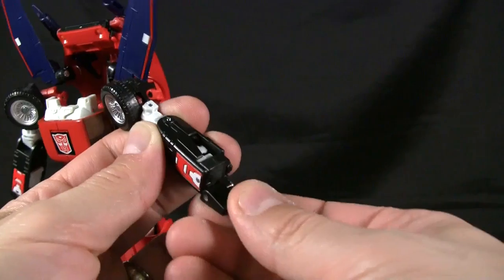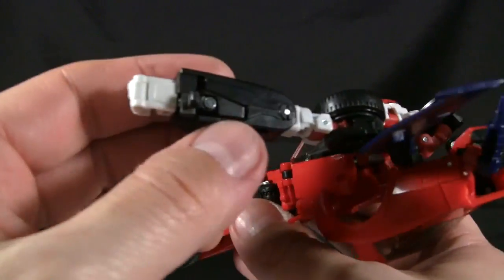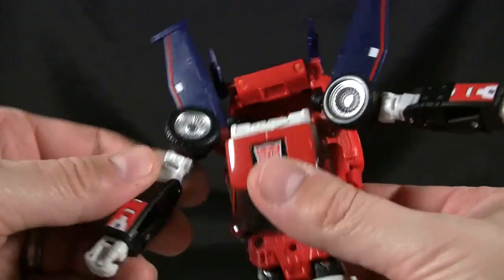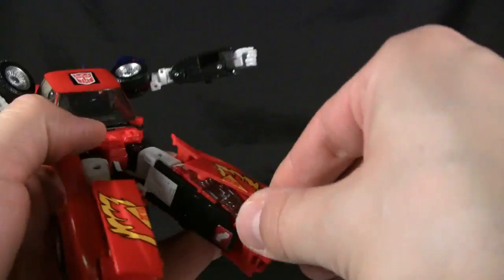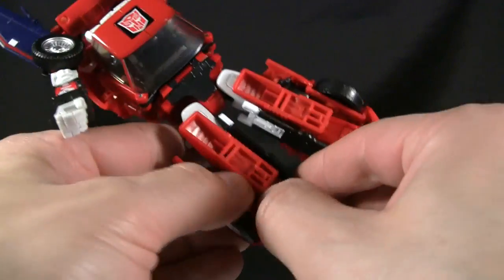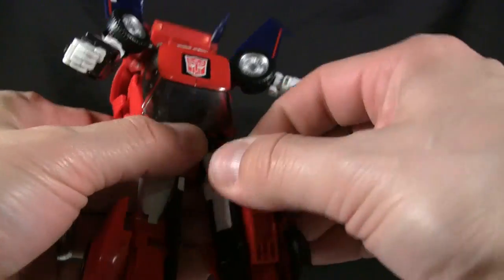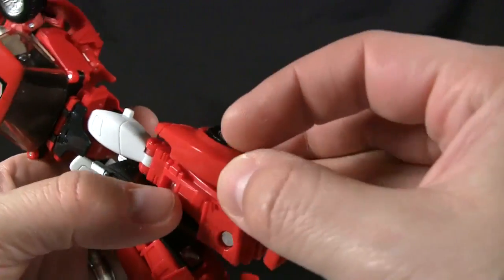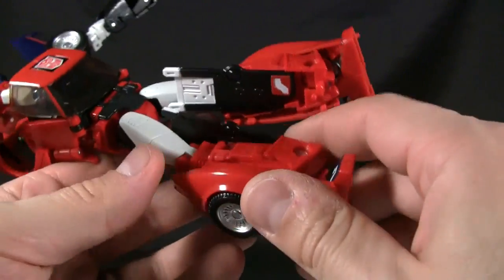Another neat little gimmick is the way this folds around to be able to bring the hand out. I really like the way that spins around and covers that hole there. That's very clever. Again, it's a lot of little clever bits, and also a couple of things where I'm like, what? Then these panels come down here on the front, spin the waist around. We've got to somehow pull these sides out here, then bring the foot out, spinning this around. We're going to do that on both sides. And then you'll see they're all flimsy. This little fender is going to go right behind that little bit there, where it's going to secure itself,